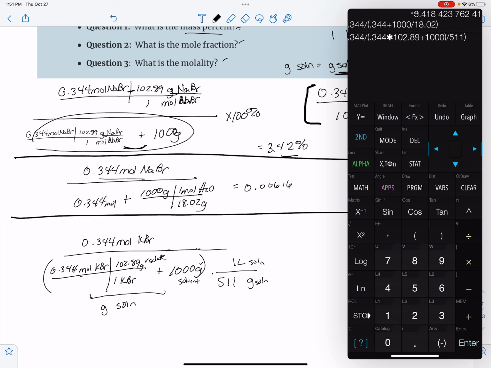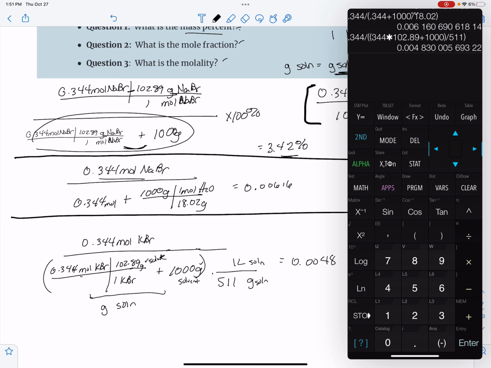I need to make sure that that's staying in my denominator. I'm short a parentheses over here. That will make everything in my denominator. Make sure that it didn't delete anything. Yeah. So that number is going to be